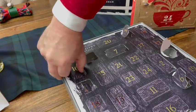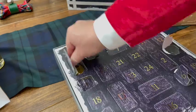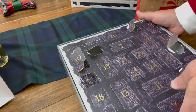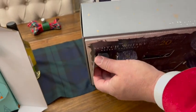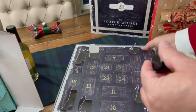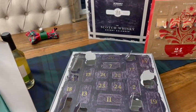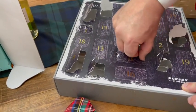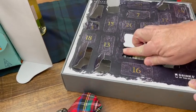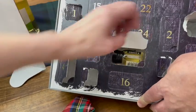10 was easy. These are pretty easy to find. Pretty easy to open. It's just hard to get out sometimes. Especially last year's, because I remember it was turned at 90 degrees, so it came apart. Oh, Tamdu, that's over there. A 12-year-old. And then 11. Her fingers are a little smaller than...